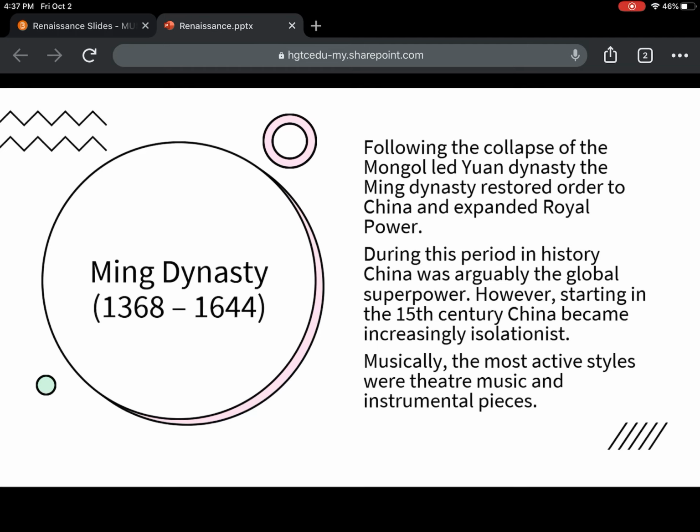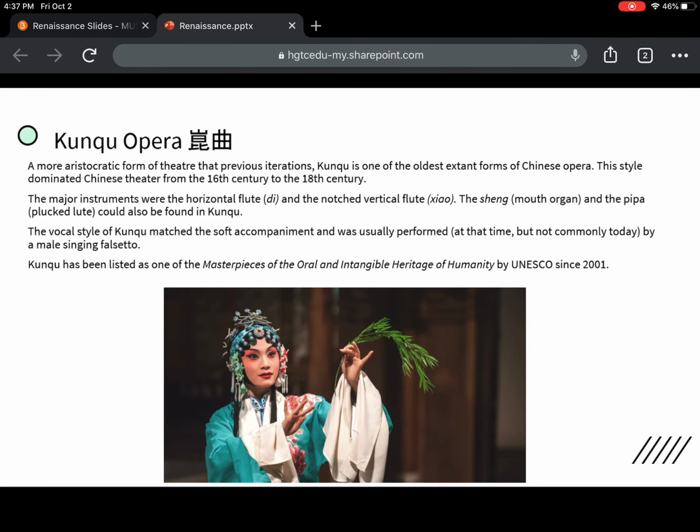I mean, this might have been brought on maybe by the bubonic plague scare that happened in Europe. I know I wouldn't want any part of that. But so that's what we see going on in the Ming Dynasty.